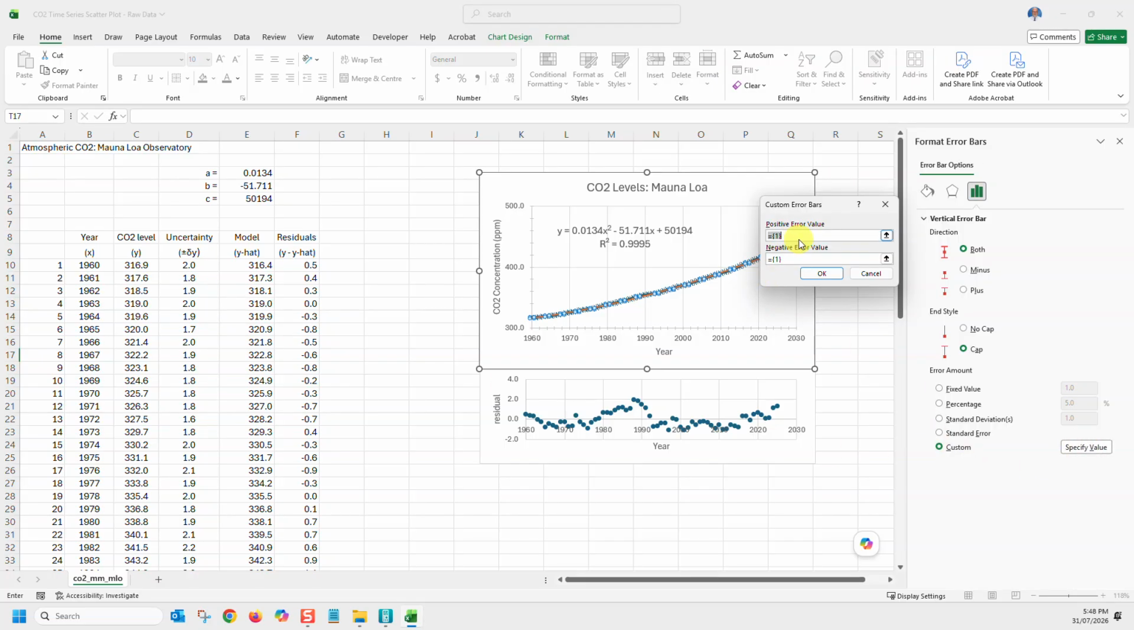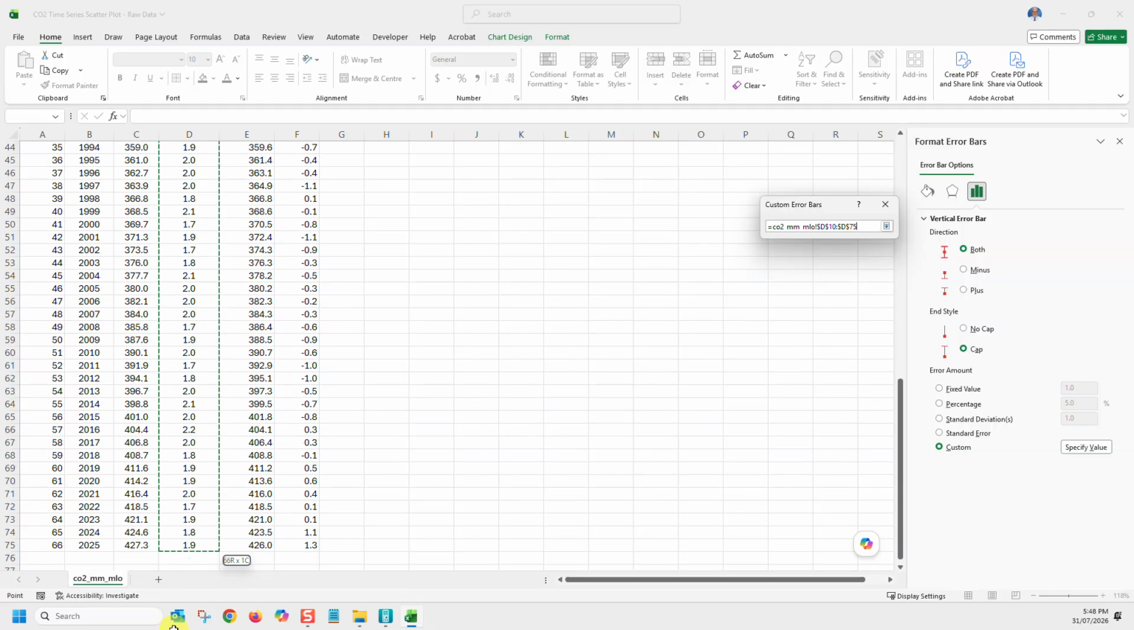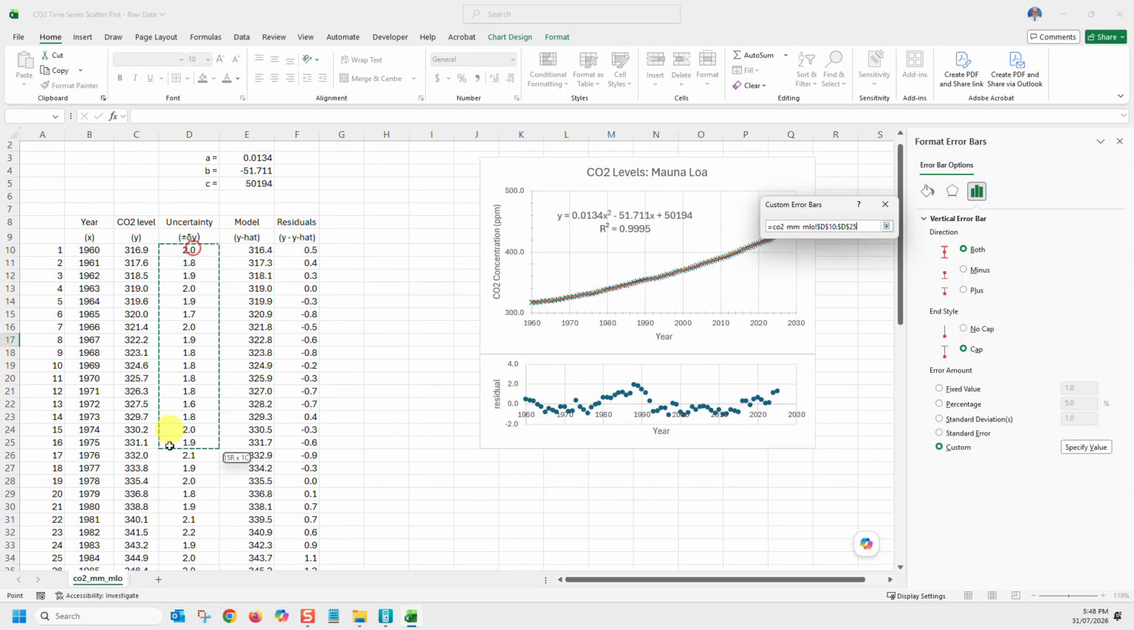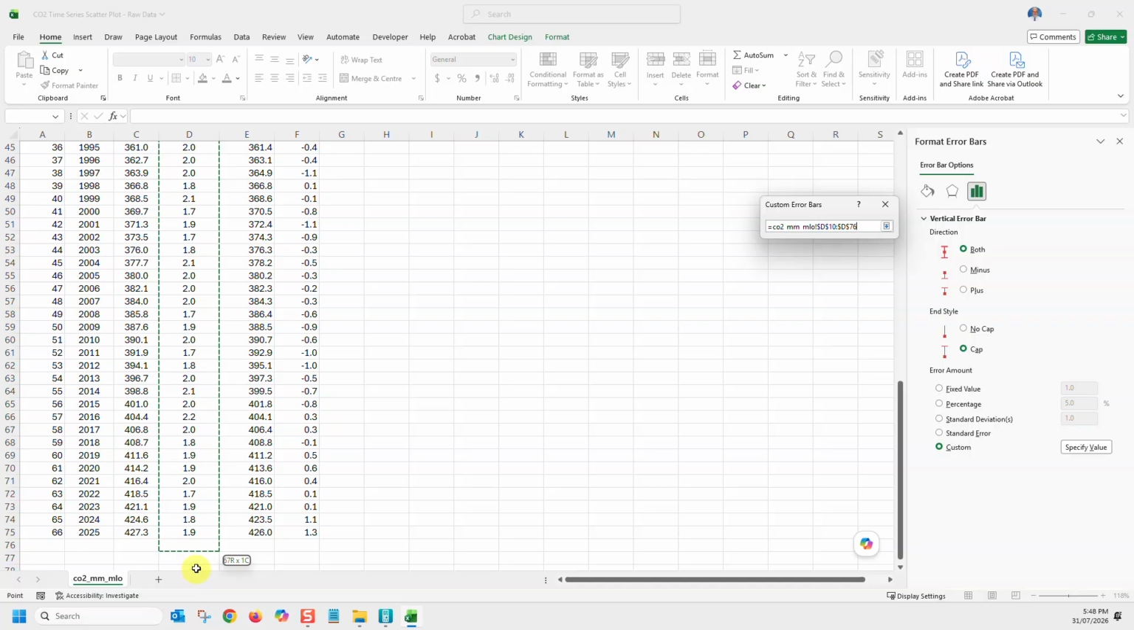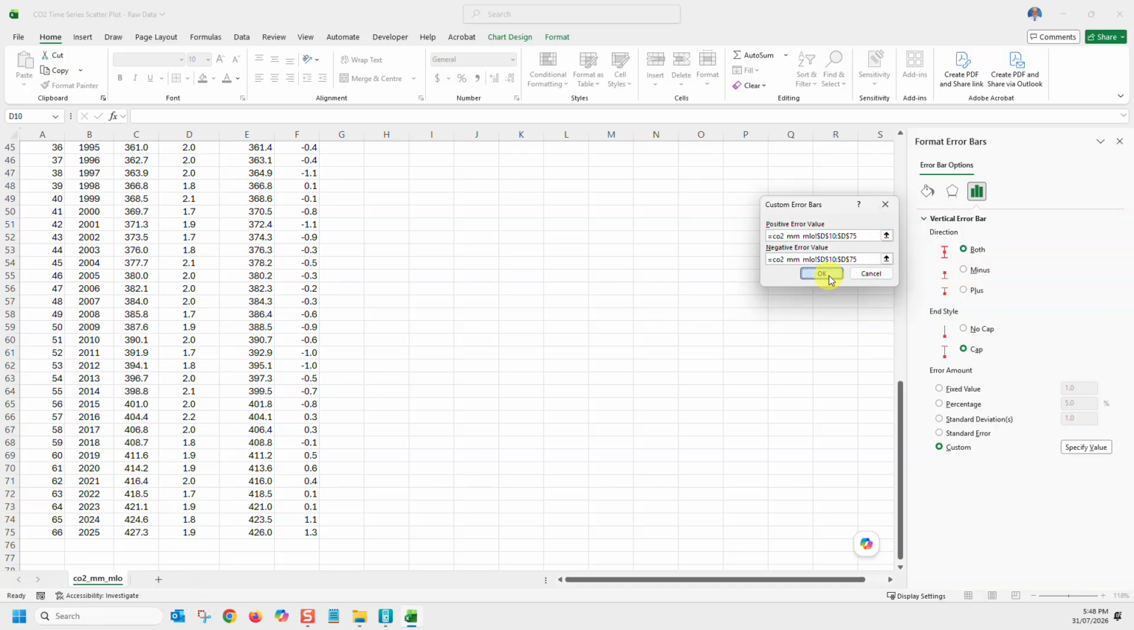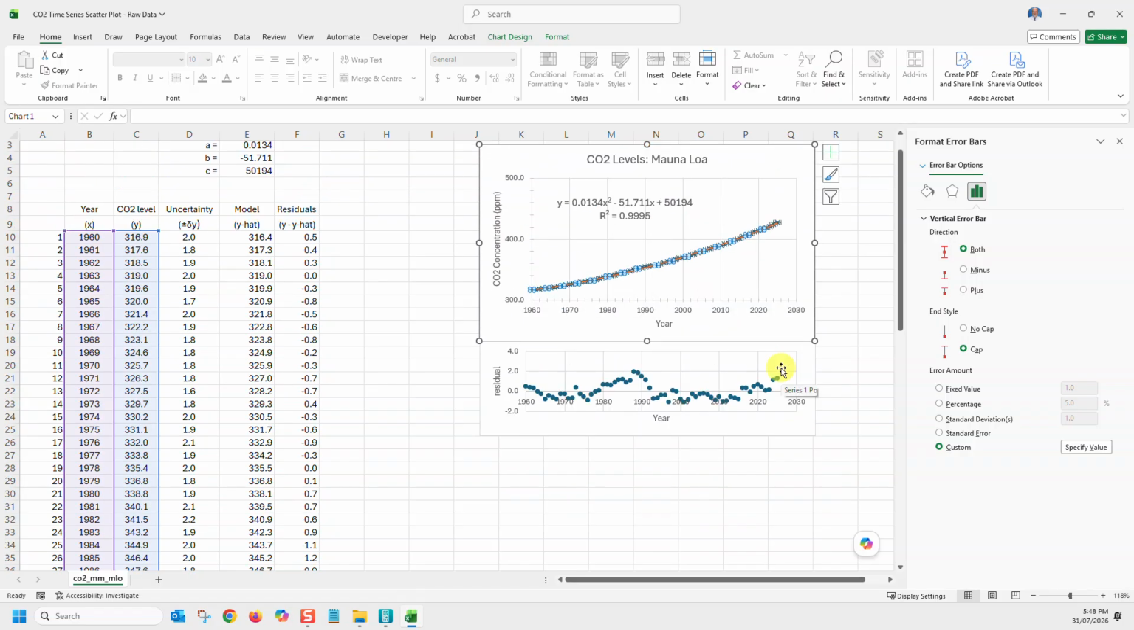Now, in some more advanced work, you'd have different sized error bars going upwards versus going downwards. So we get the choice of that. And for the positive side, I will highlight all of those numbers. Just expand the dialog box. And for the negative side, I will also highlight the same numbers. But in more advanced work, you might have different sized error bars for the downward versus the upward. And when I click OK,